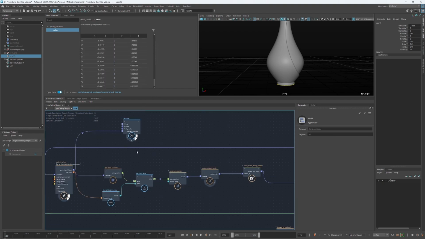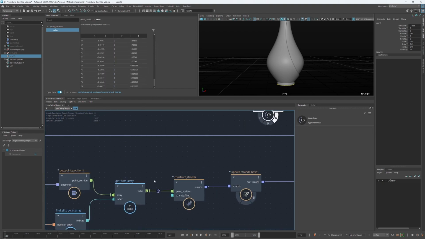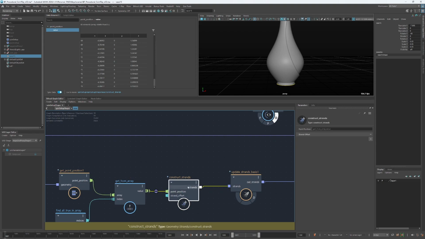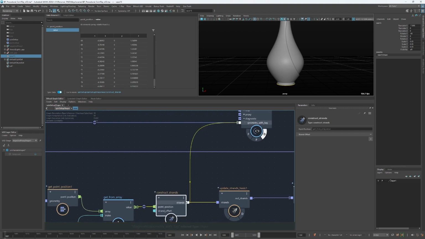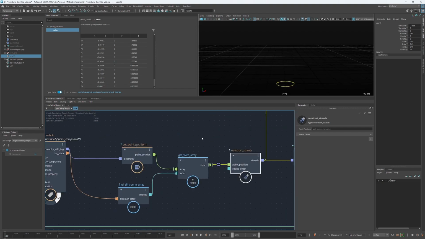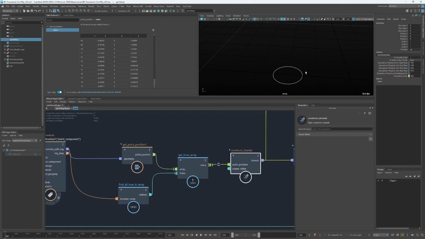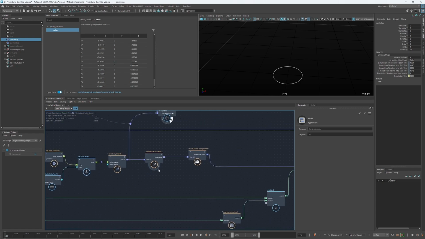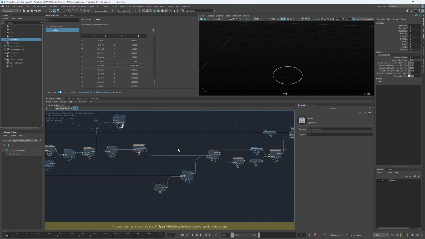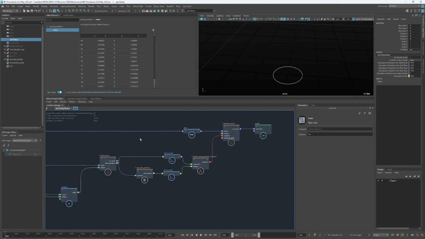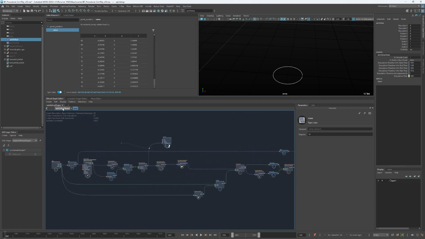And then finally, we just say, okay, we have the positions now, and I can just feed these positions into the construct strands, and that is going to give us the strand procedurally here. So now if we look at this, and let me hide this, we have a strand there, as you see. And the rest is the same, updating the basis of this, and moving the point along the normals, and so on, doing the same thing. And if we look at this from outside,